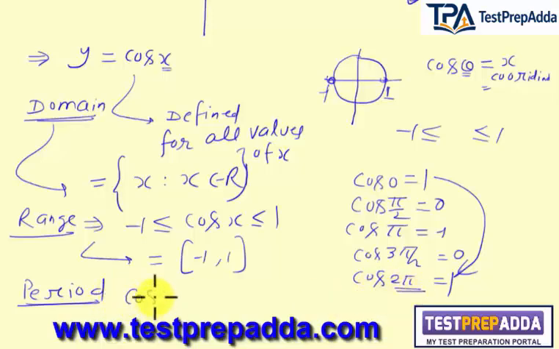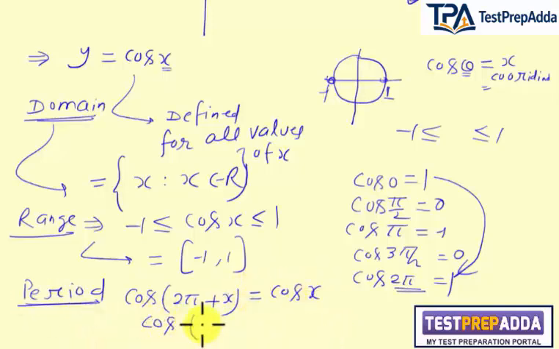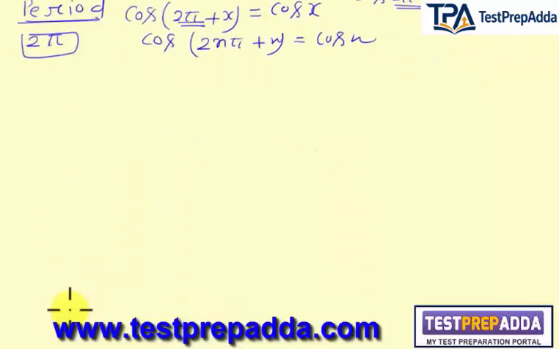So here we can write cos of 2 pi plus x is equal to cos x. In general, we can write cos of 2n pi plus x is equal to cos x. The least is 2 pi. So 2 pi will be considered as the period of cos x. Got it? Now here if I try to draw the graph,